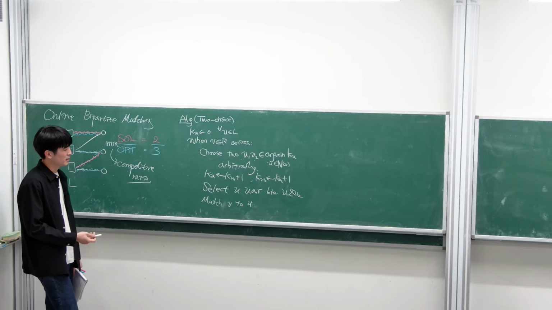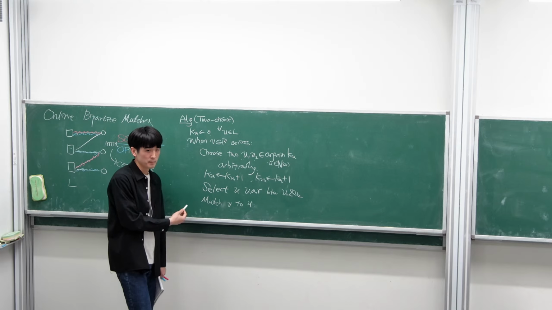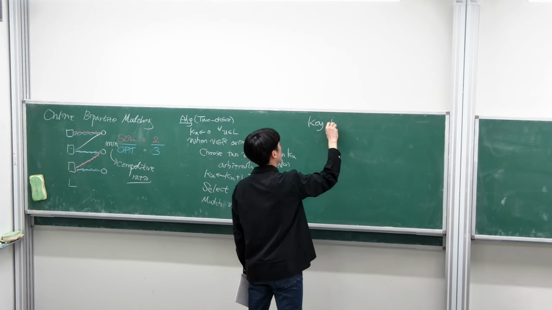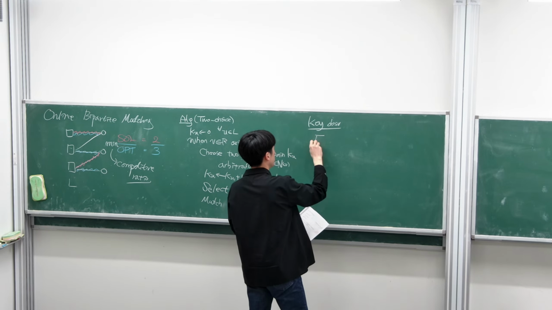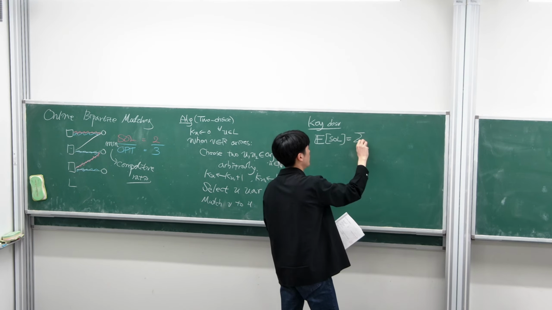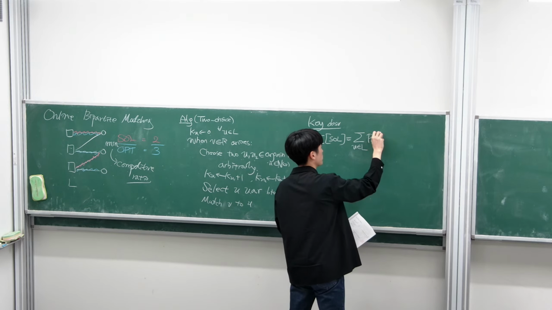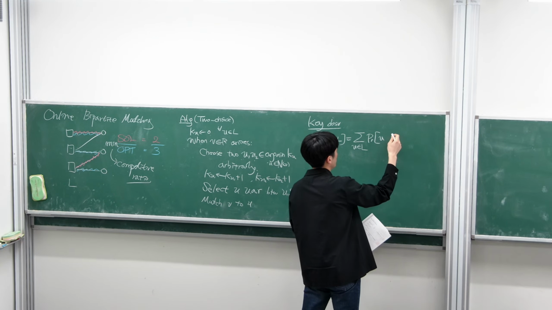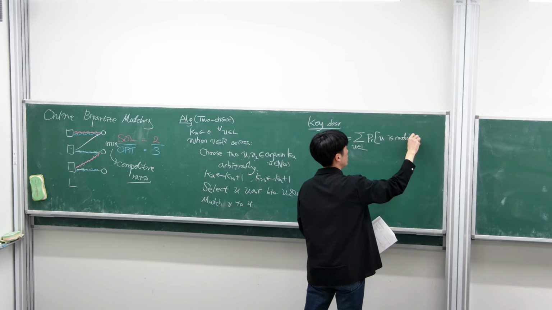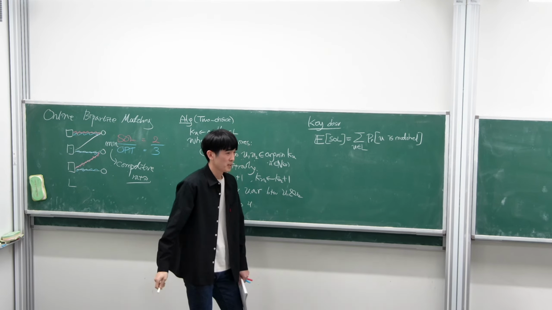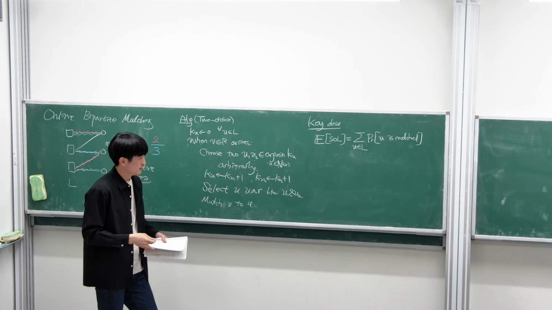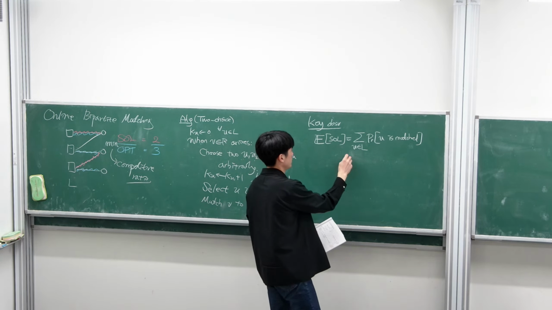I'm not going to analyze the competitive ratio of this algorithm, but the key observation in that analysis is that the expected size of our solution would be exactly the summation over every offline vertex u of the probability that u is matched. It's simple because, by linearity of expectation, there will be the summation of this. And we can observe that there will be a lower bound